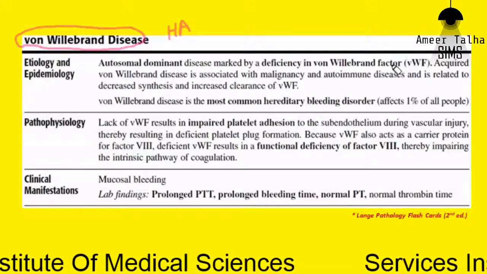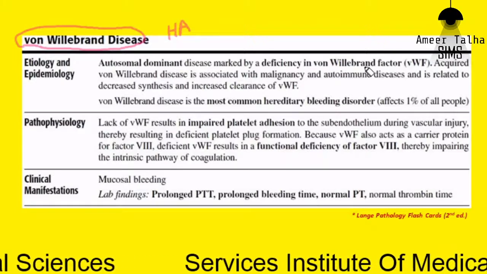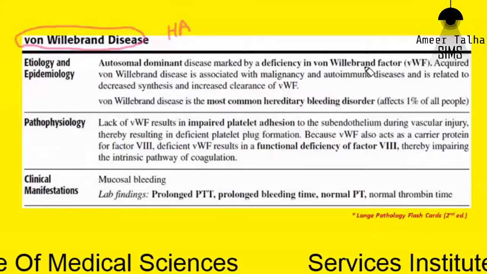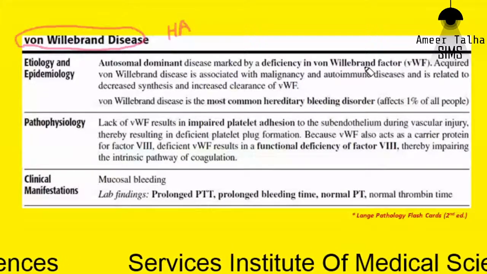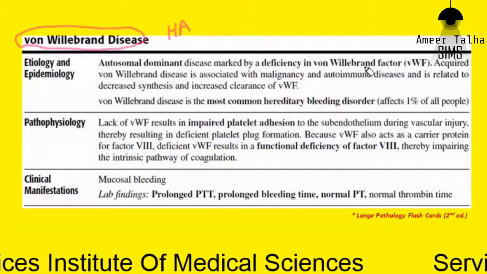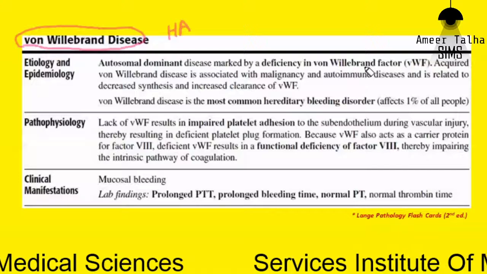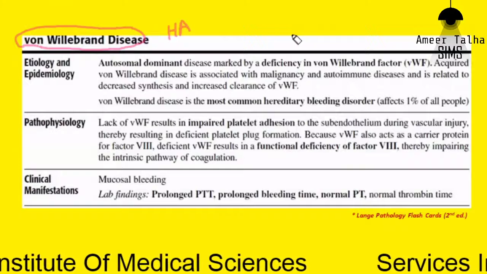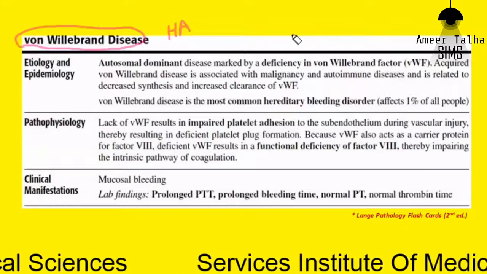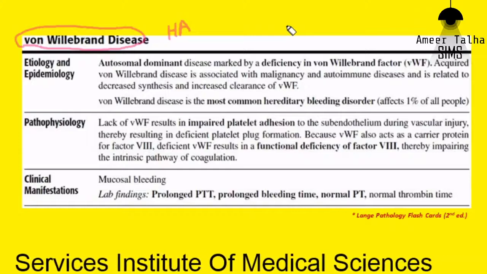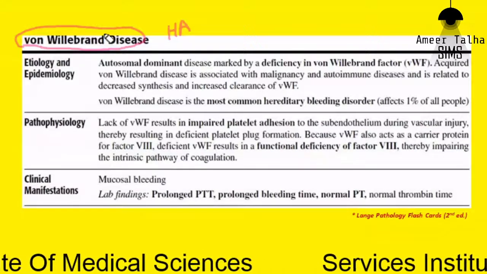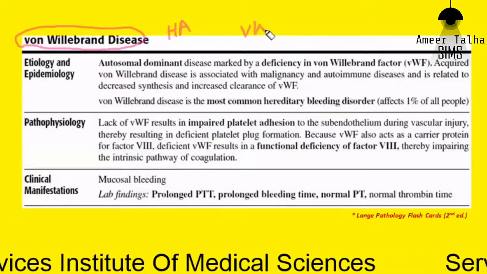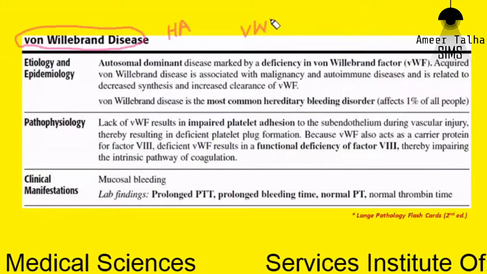So, if you remember the 3 A's of platelets, can anyone tell me the 3 A's of the thrombocytes? Adhesion, aggregation, and agglutination. Yes. So the first A is adhesion. If you remember, platelet adhesion is one of the most important properties of thrombocytes, and there is a role of von Willebrand factor. Do you remember VWF? Yes, sir. In our previous discussions, we discussed this factor.